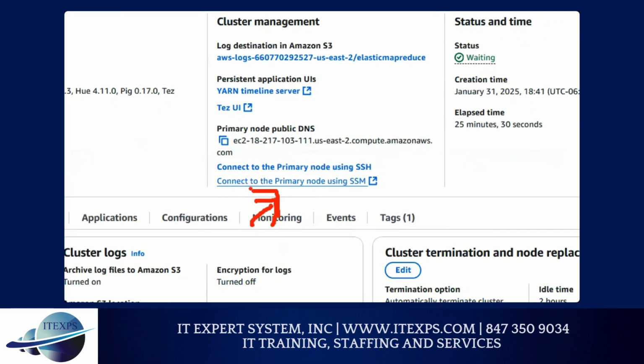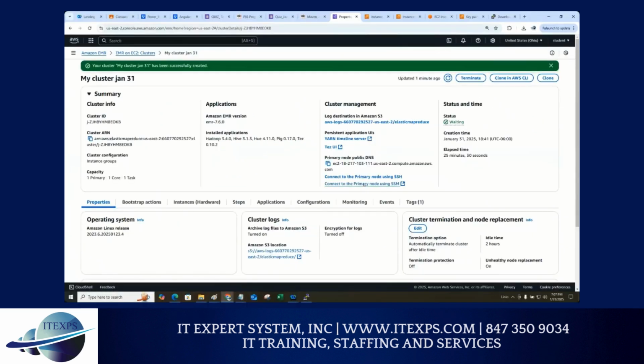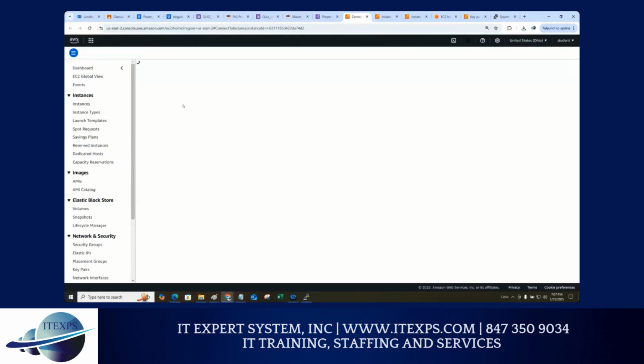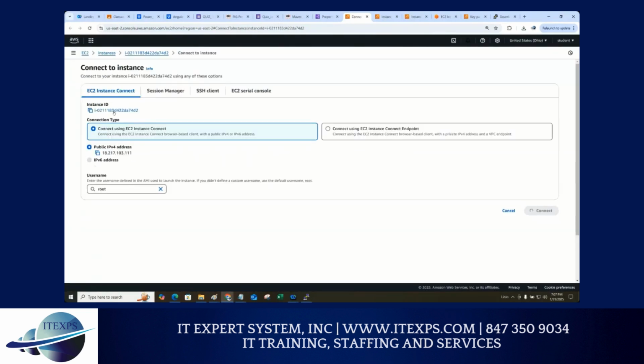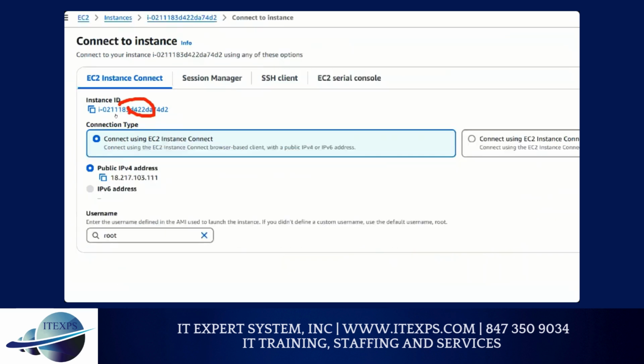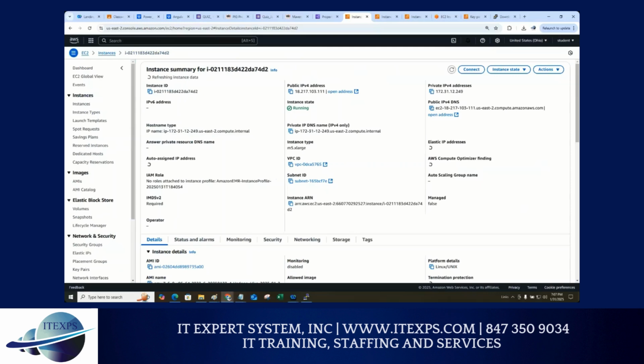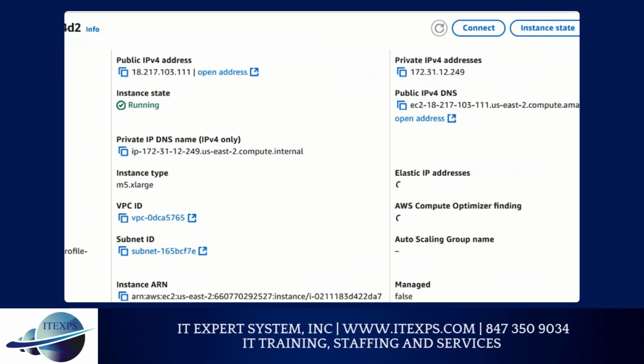So in cluster, you click on this, you click on that, it's going to get you the instance ID. That instance ID is your node, just click on it. So you go there and it will show you everything. Your goal is to copy the public IP. Now, this public IP,